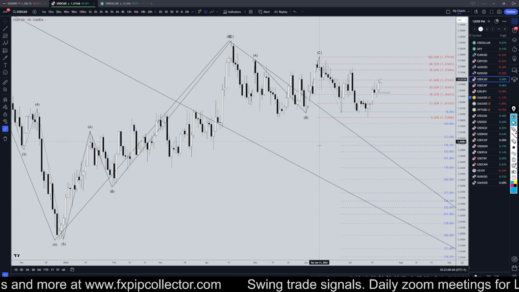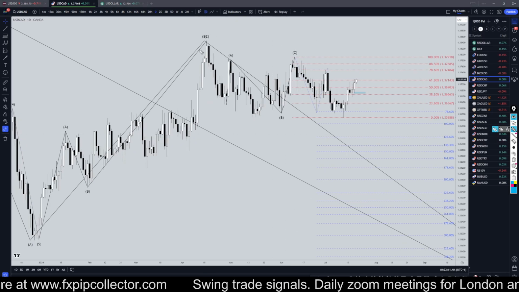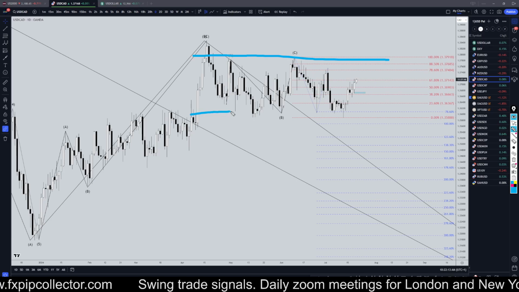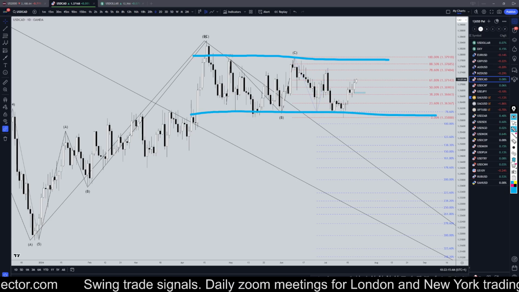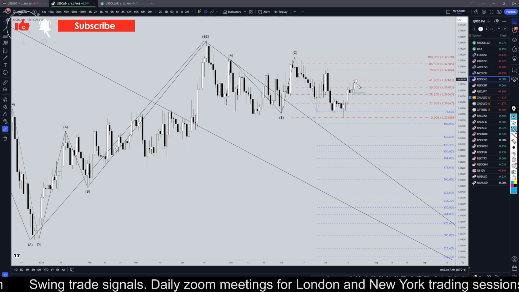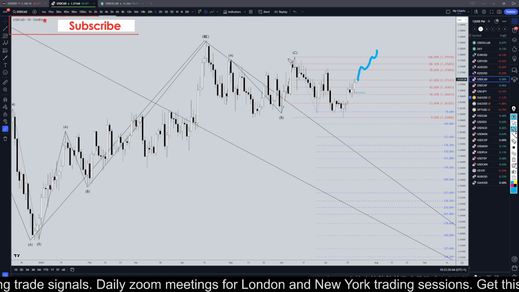So taking it down to the daily time frame, all you gotta do is draw a couple lines on this thing, and you can just see how sideways this thing has been for months now. And it may actually be going back up and retesting these highs. I mean, I guess we'll see.